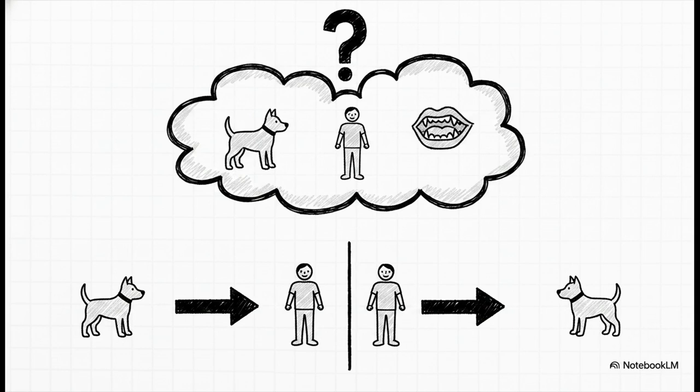Exactly. The AI understands the concepts of market, is, and bullish, but it has no idea which one came first. I mean, the dog bit the man and the man bit the dog use the exact same words, but their order creates two very different meanings. We need a way to encode position.